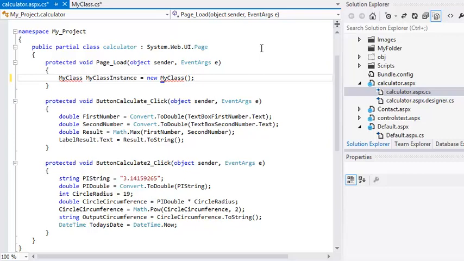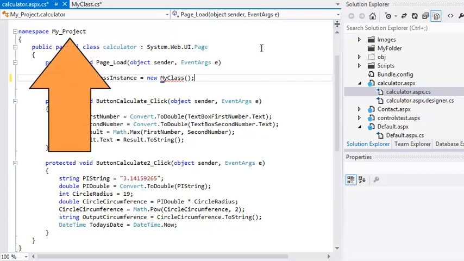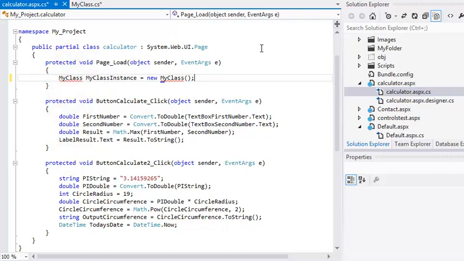This same line of code worked fine in Lesson 6.2. That was because calculator.aspx.cs shared the same namespace as the myClass class. That's the my_project namespace. Change your line of code to reference your new namespace by adding